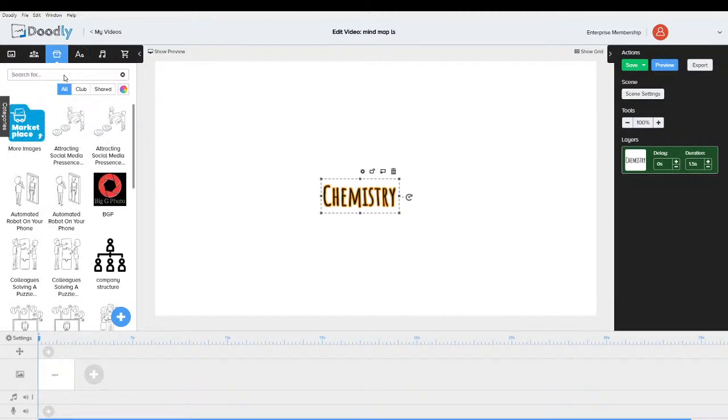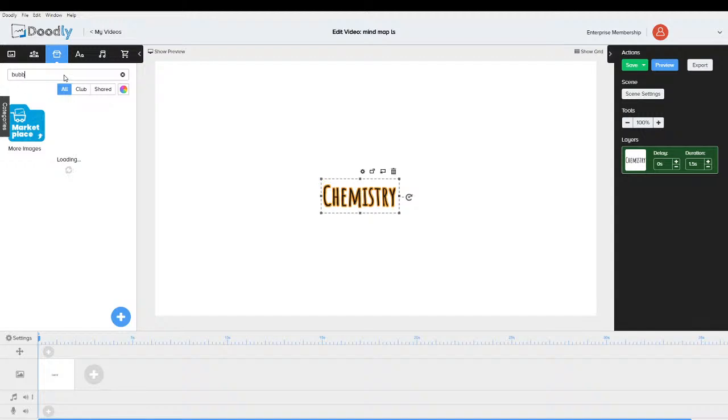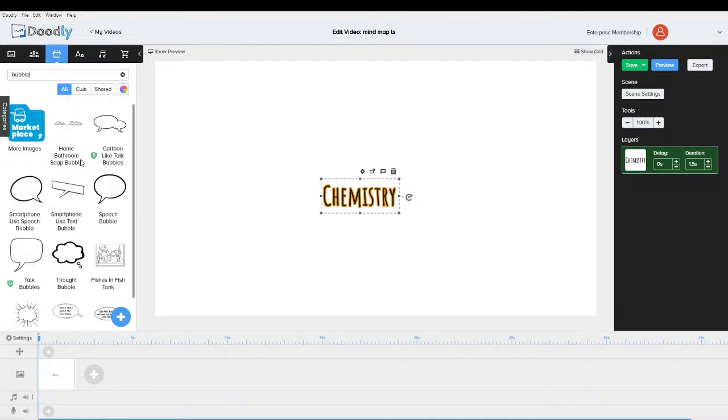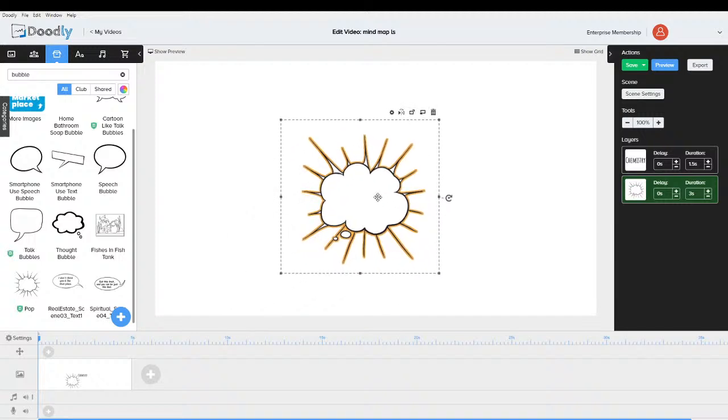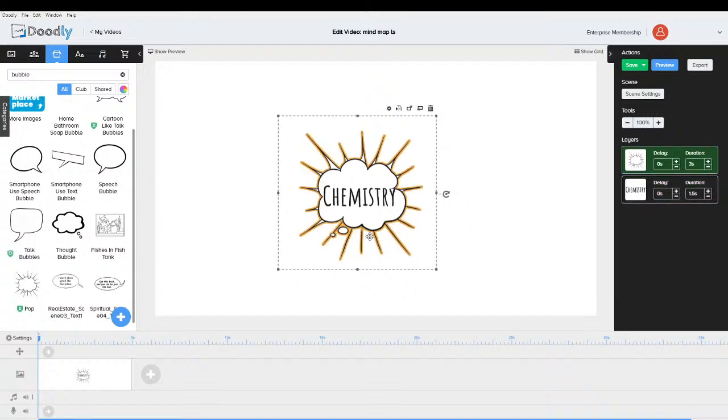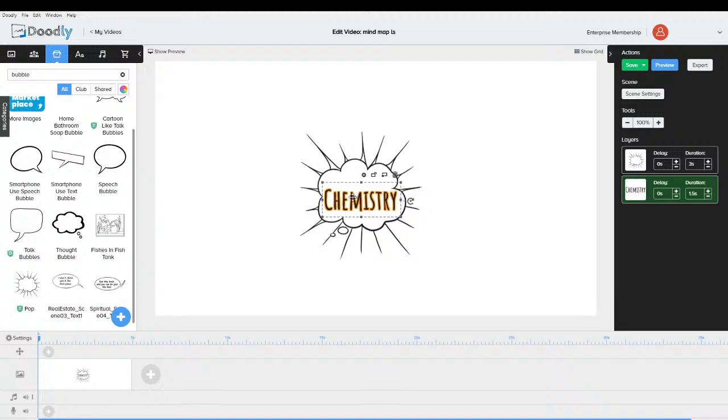Now we're going to have a prop, and we're going to go for a bubble. So we're going to try and put it in a bubble. Probably this is the best. Now here we're going to have a problem. See that problem? So let's set that to the back. And chemistry fits in, but it does mean I can't really select. Oh, I can select my chemistry. Normally you have trouble here. Now I suspect we're going to have trouble because we are going to have a smart erase problem.